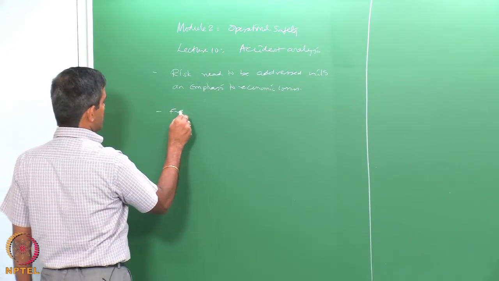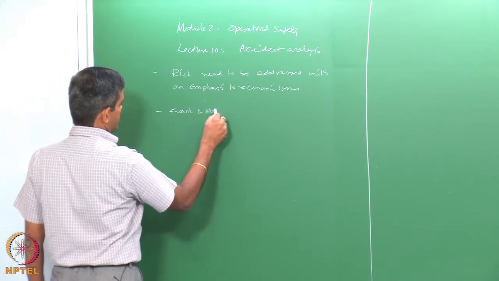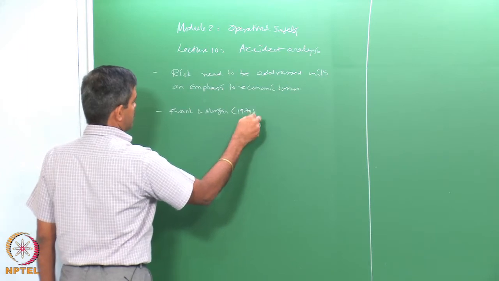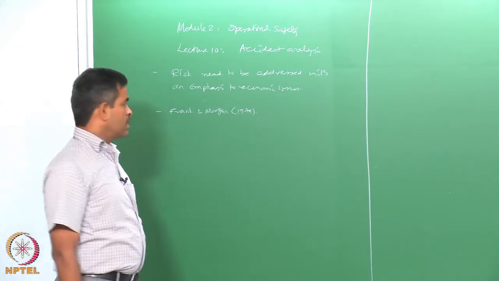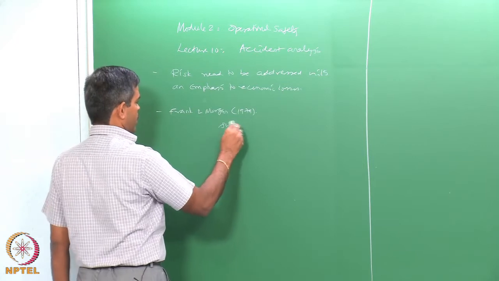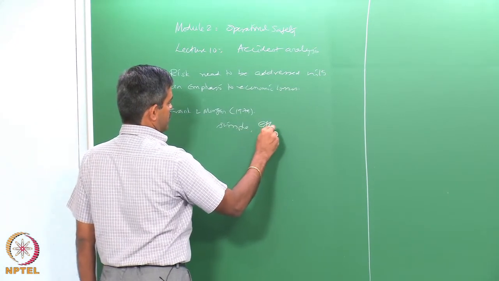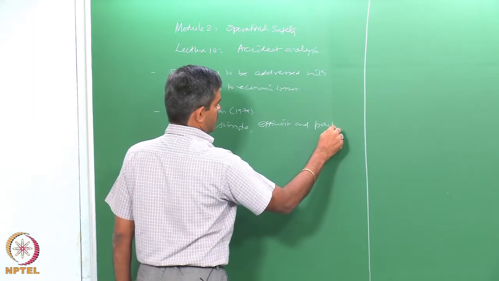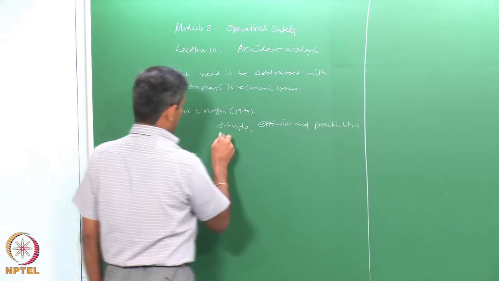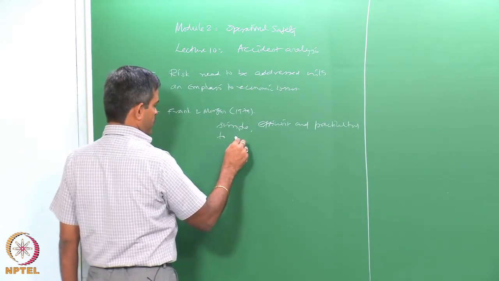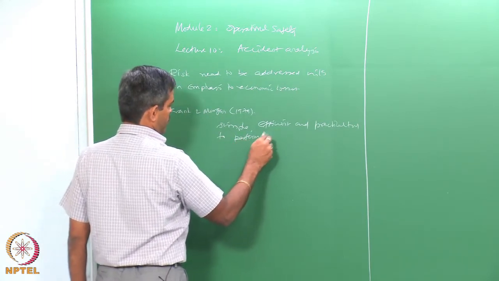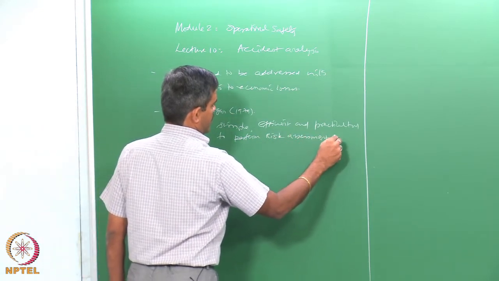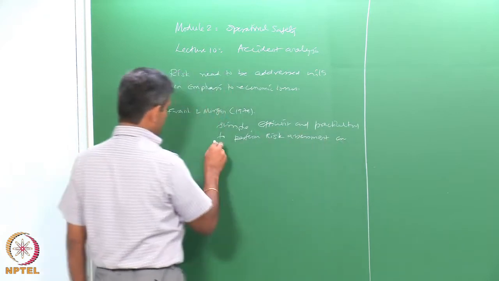So, Frank and Morgan method in early 80s, basically 79, is a simple, efficient and practical tool to perform risk assessment on process industries,